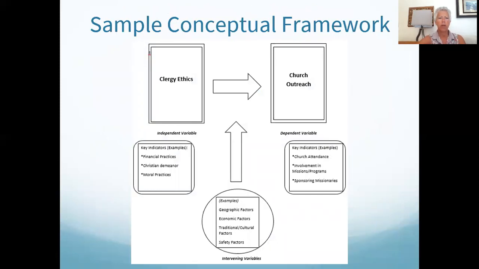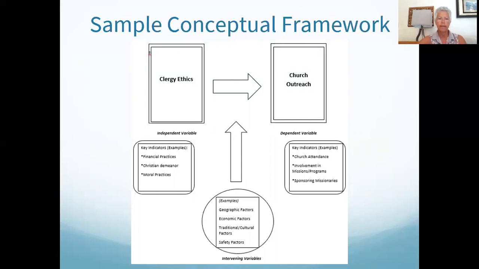So this is an example of a framework that I helped one of my divinity students develop in 2019 on my second visit there. He was looking at or proposing that there were indicators of clergy ethics that were impacting church outreach. And so the independent variable was clergy ethics, the dependent variable, church outreach. Now, in the most basic framework, you would not necessarily list those indicators as I have in the example that I've given there. But I felt like that's important, especially when you're working with beginning researchers, to really help them clarify